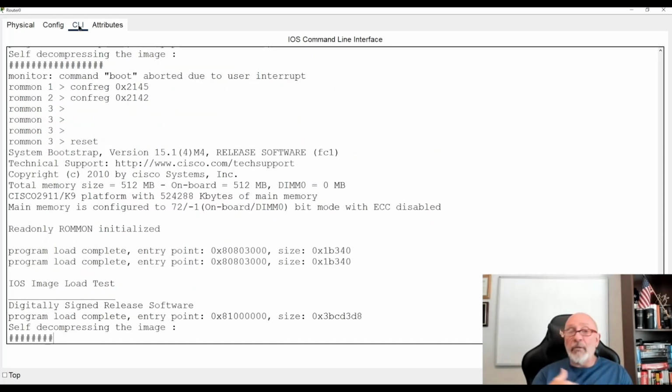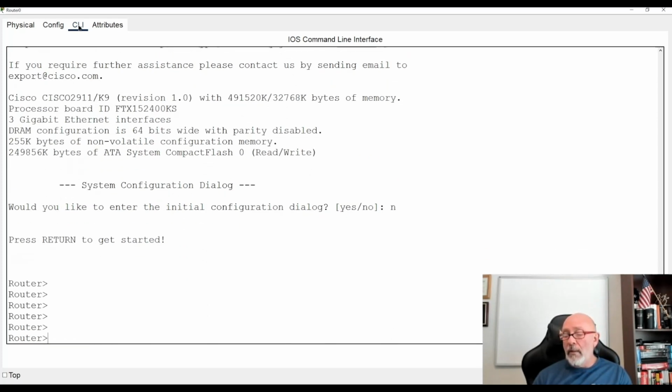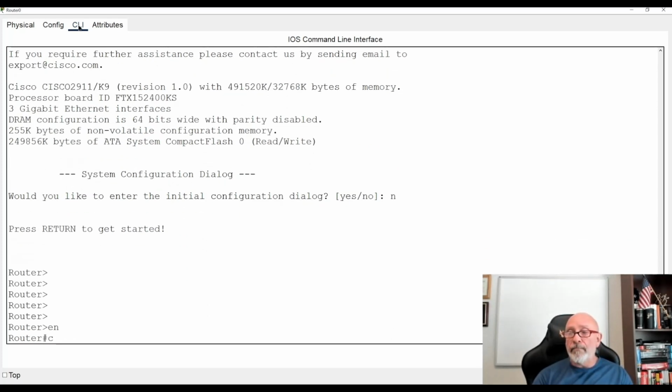All right, it's going to come back up in setup mode, because that's normally what you do when you can't get into your router. Real world scenario: the break command on boot up. Turn it off, turn it back on, Control-Break, boom. That takes you to ROMMON. Change the register by typing config 0x2142 to bypass NVRAM and just let me in. But once you're in, ladies and gentlemen, you better do this first.